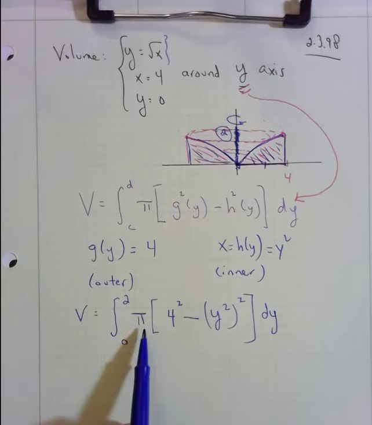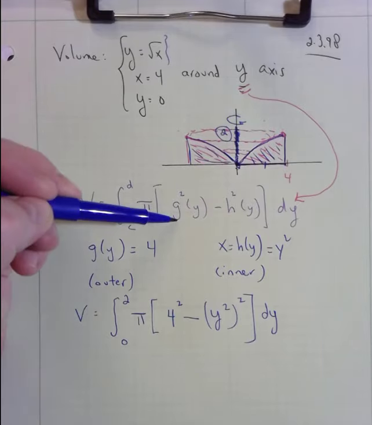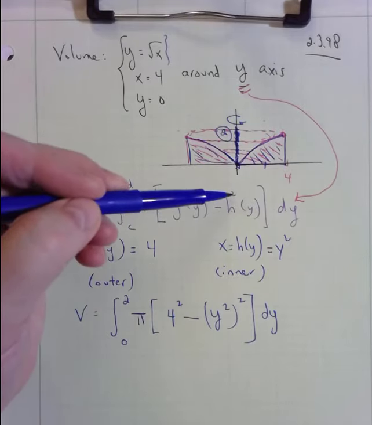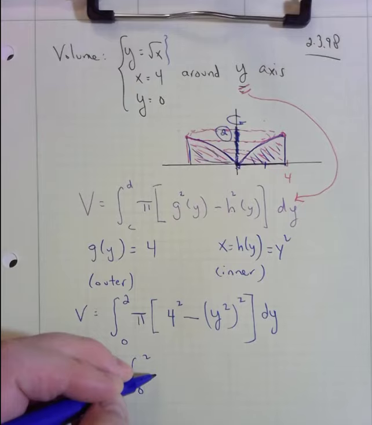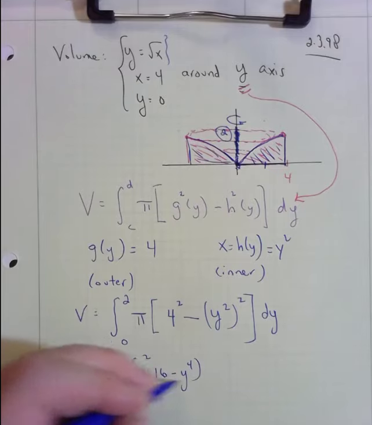And remember, this is just like pi r squared, pi r squared. The radius of each is the function value itself. So 4 squared, y squared, squared form the two terms. This is going to be pi times the integral from 0 to 2 of 16 minus y to the 4th